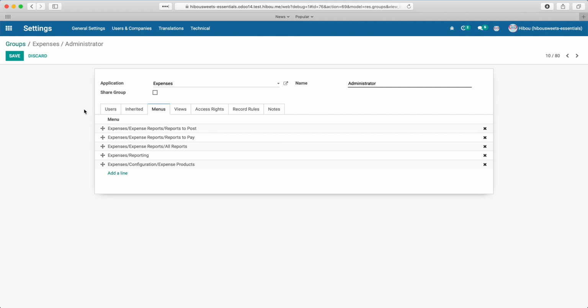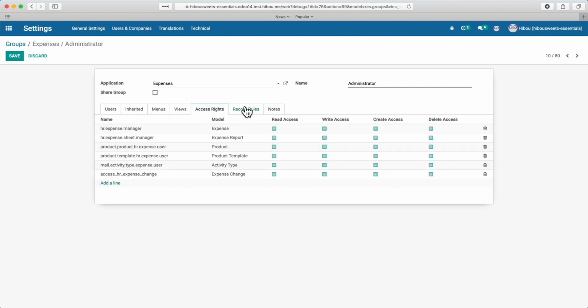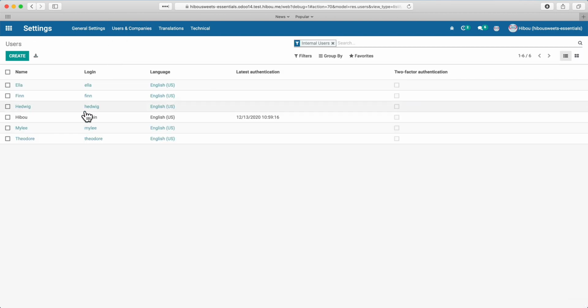inherit. You'll also see that you're provided the overview of the menus that this group will have access to, as well as any views or access rights and record rules, which ultimately control what a user can view, create, delete, etc. Additionally, if we go back to users while in debug,